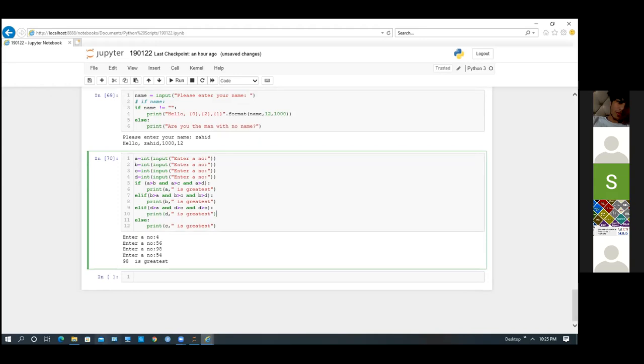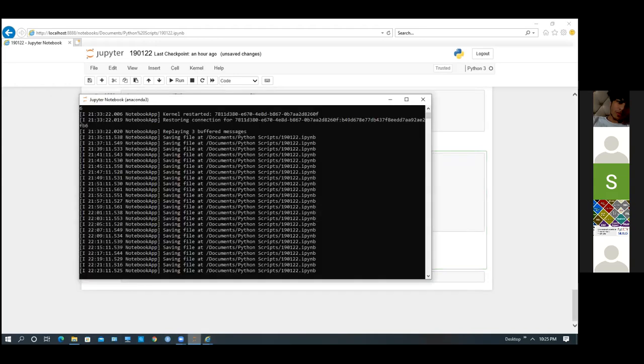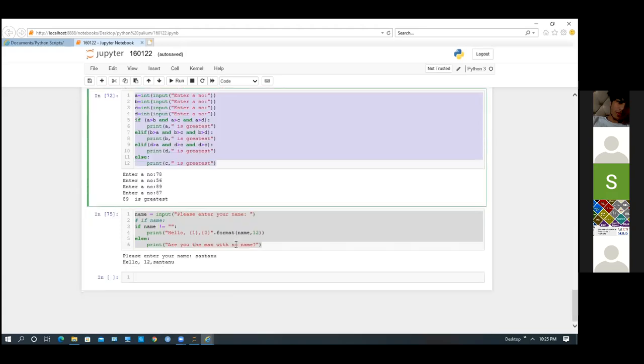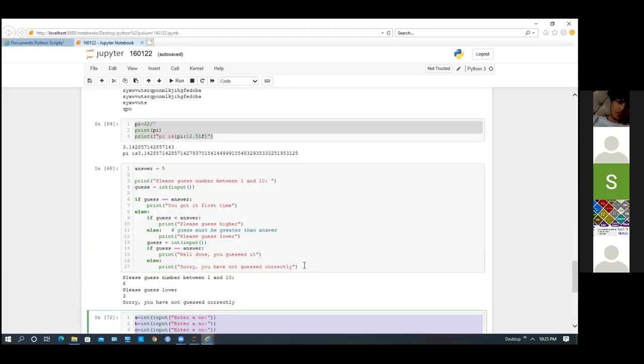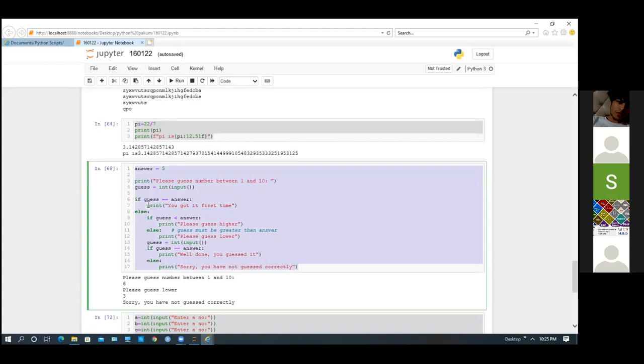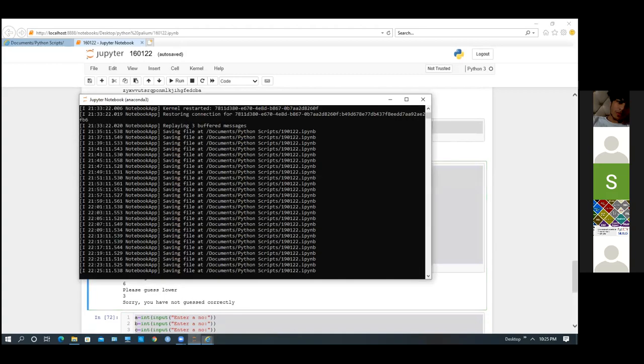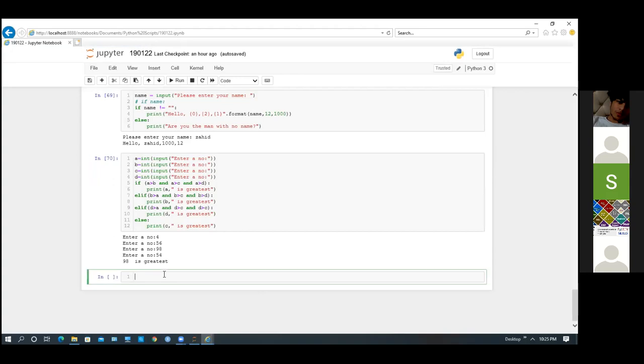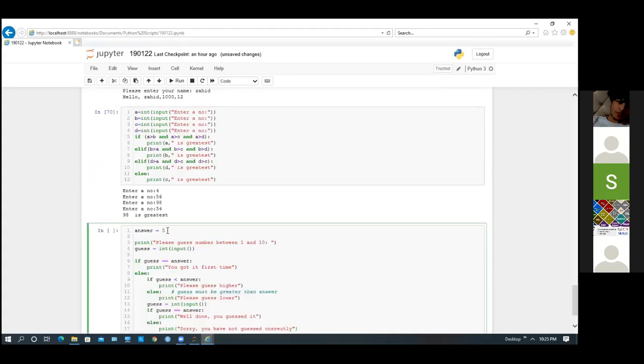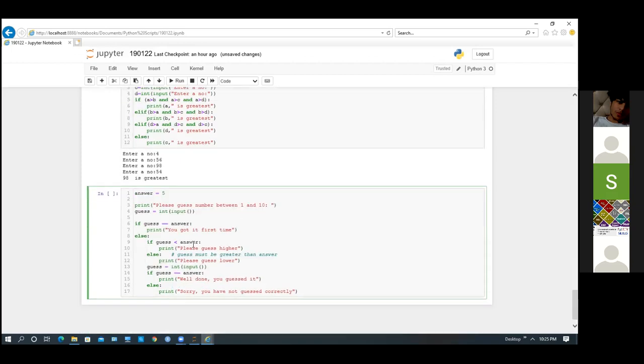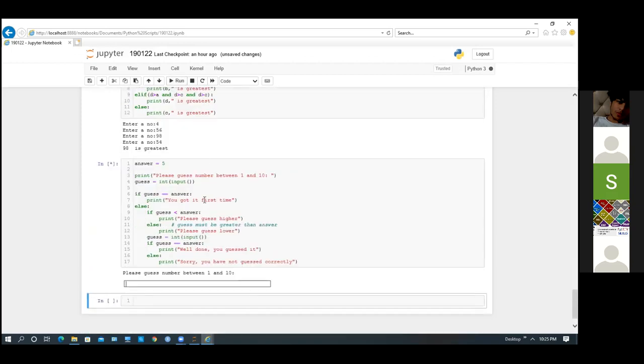Now I will show a very interesting program. You can say it's a guessing game. Suppose in a casino or lottery, I know this answer. We will be doing it later using random numbers. Currently, if you get a ticket with 5 in it, then you have to guess. You will have 2 chances. Let me run the program first.